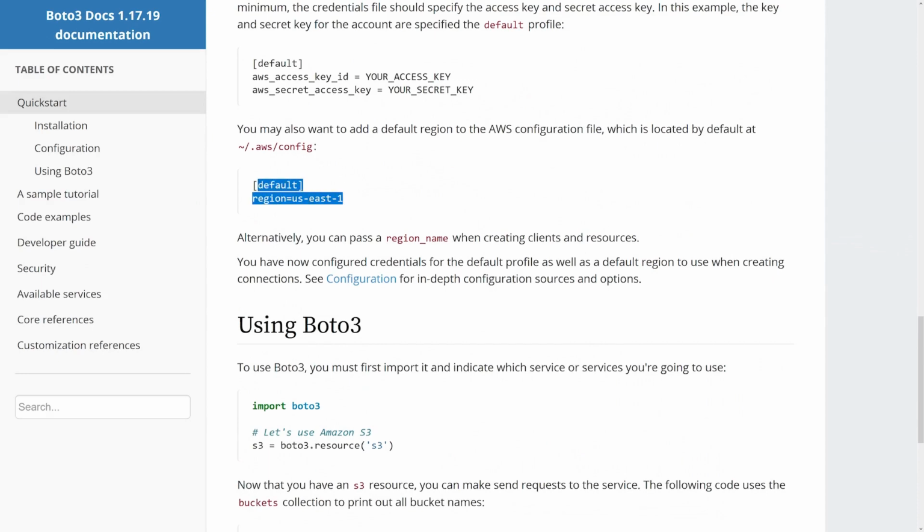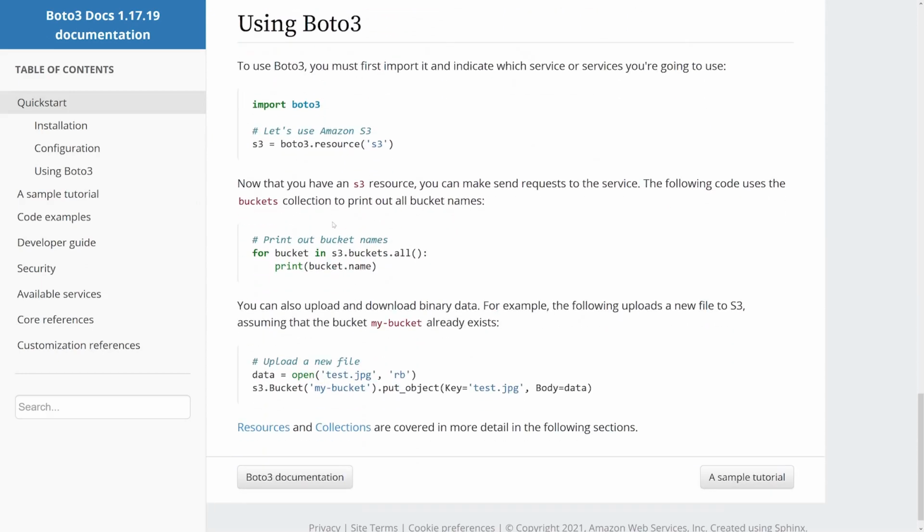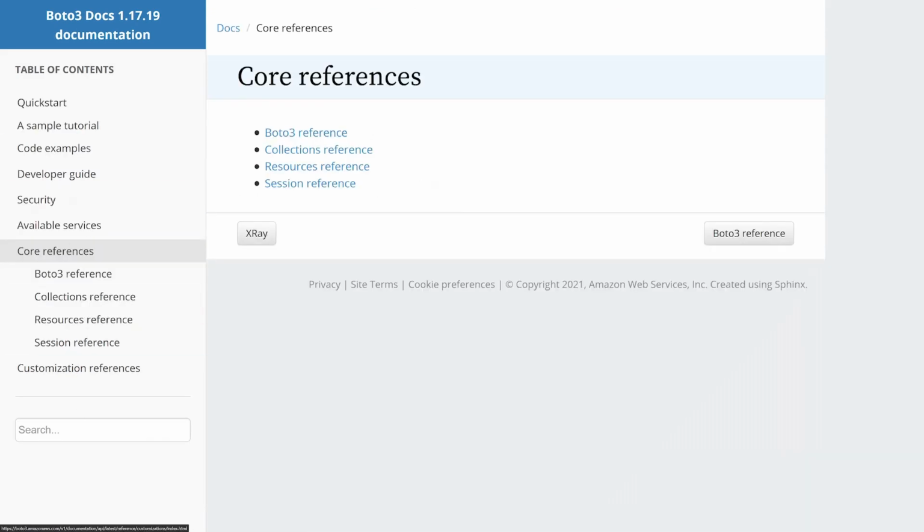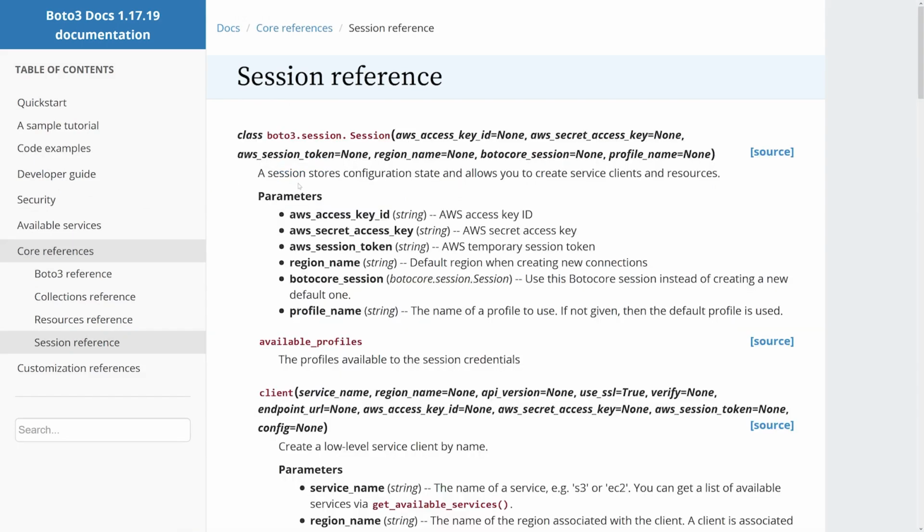Now you could do that inside of your shared credentials file if you'd like to. However, another way to do that is to actually create something called a Boto3 session object. Let's go ahead and drill into the documentation for the session. So over here under core references, we'll drill under the session reference here. And as you can see under the Boto3 module, there is a session child module, and then there is a class called